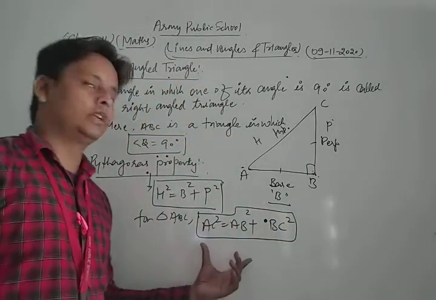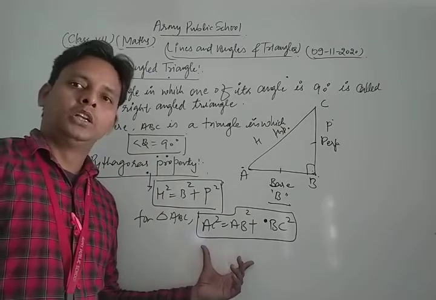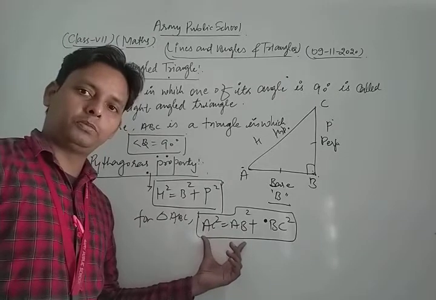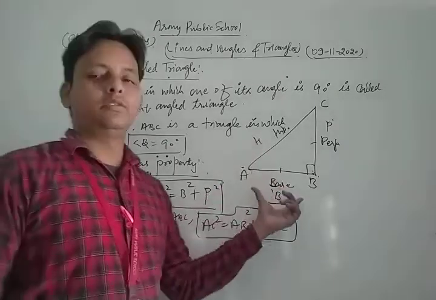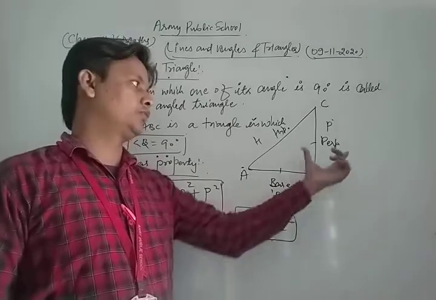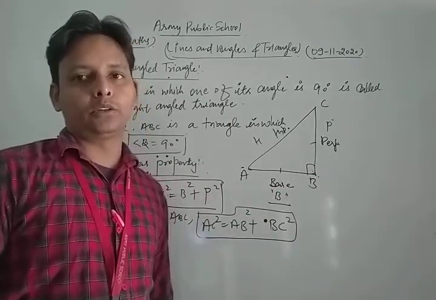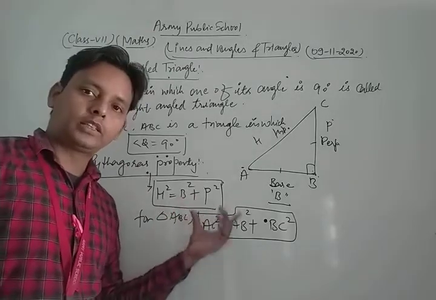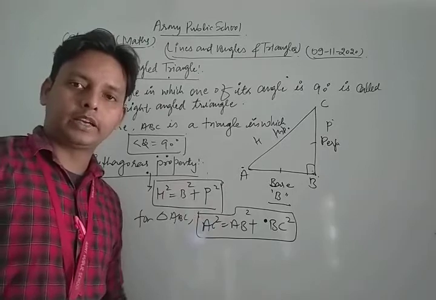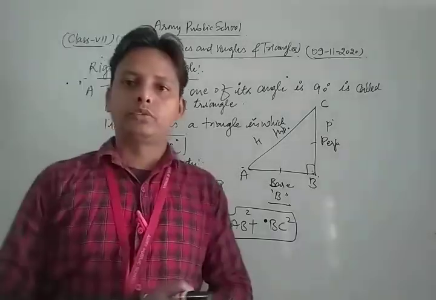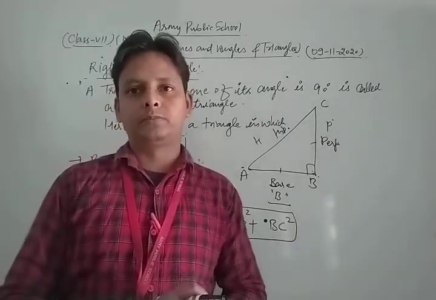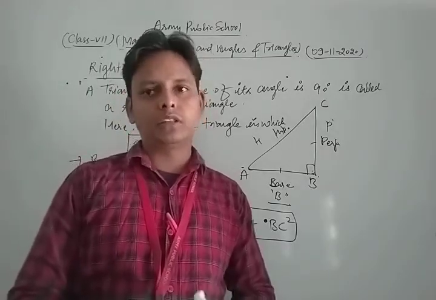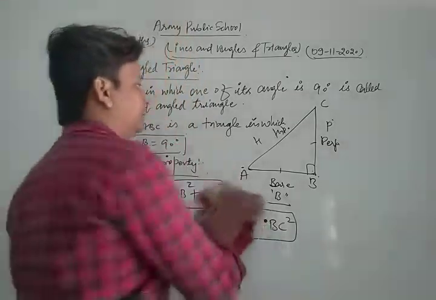Thus, friends, in this way you can solve. In this way, please remember that relationship: hypotenuse square is always equal to the sum of the square of its base and the square of its perpendicular. And if you first clear the concept of the right angle triangle, after that you can solve each and every question of your NCERT exercise based on that property. Now we take and solve some important questions of your NCERT exercise based on the Pythagoras property. Let's see.